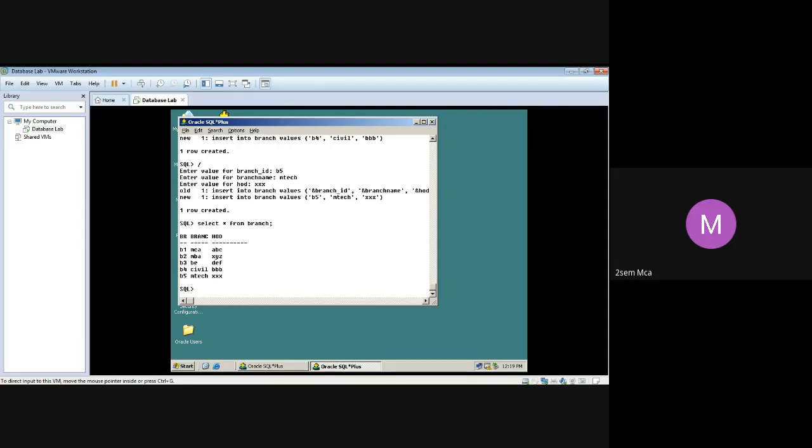Varsha, fine. Branch ID is a primary key, so each branch ID should be unique: B1, B2, B3, B4, B5. You cannot have B1 repeating twice, or B2 repeating twice. That's not possible because branch ID is a primary key. Others, I'm waiting for your response.